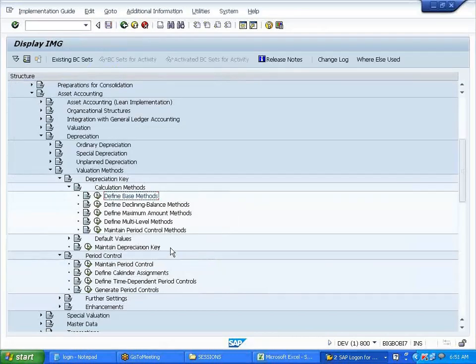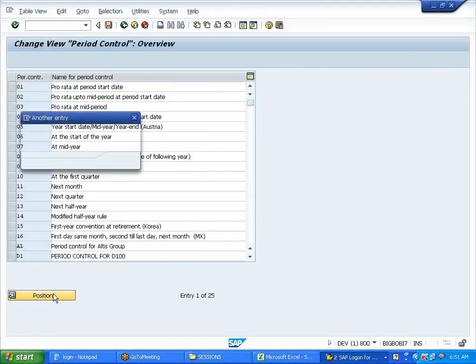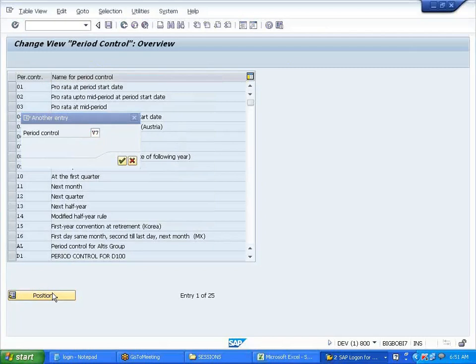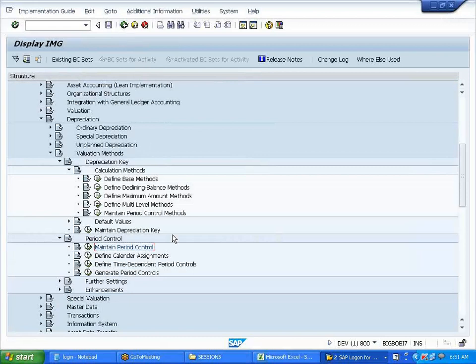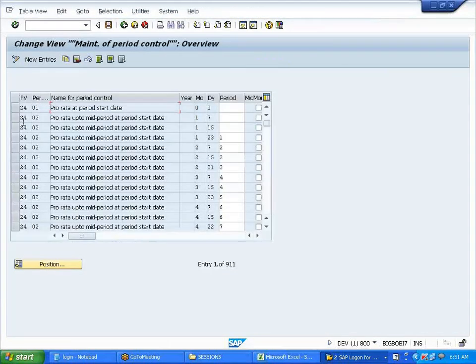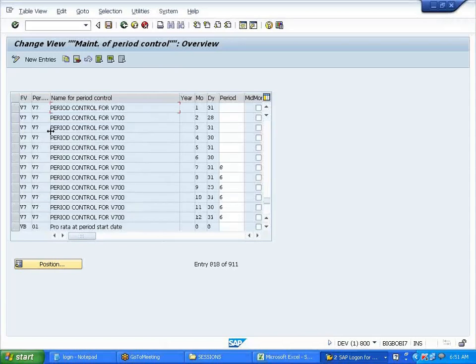And what were you asking, Sapna? See, period control, I defined it as V7. My period control method is that period control. This I have defined assignment to it. When I'm defining, I'm associating this to my fiscal year, right? The variant we gave here, V7, right?